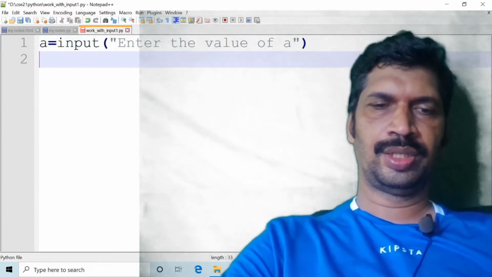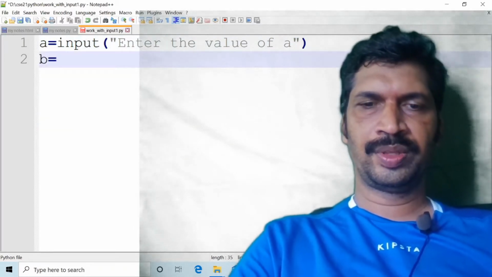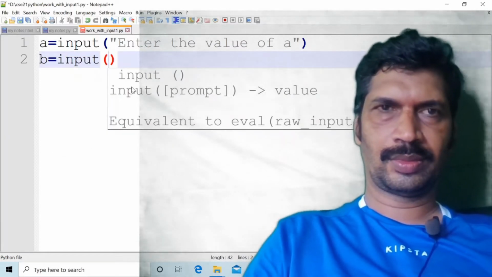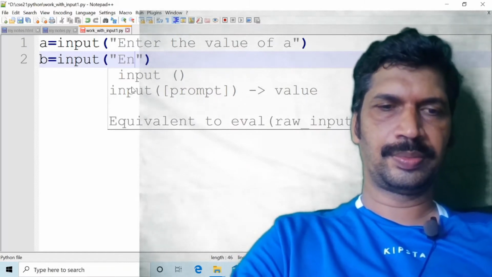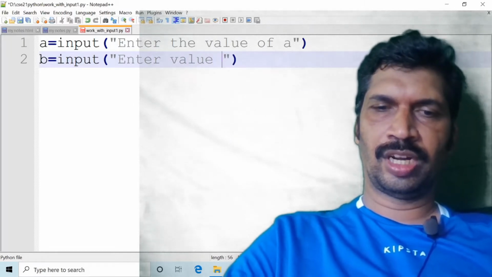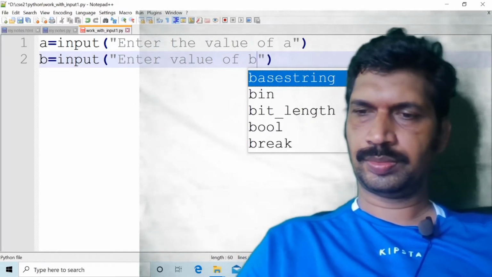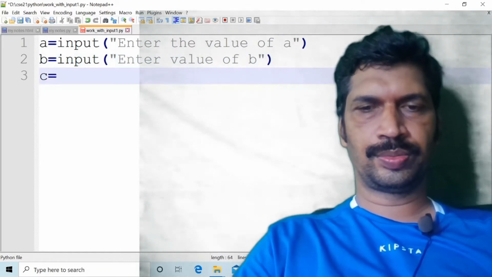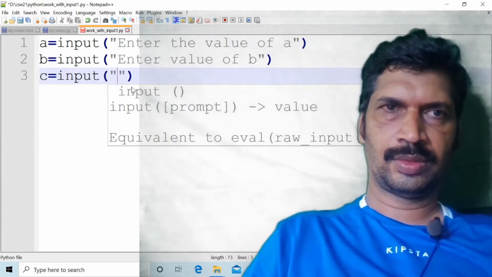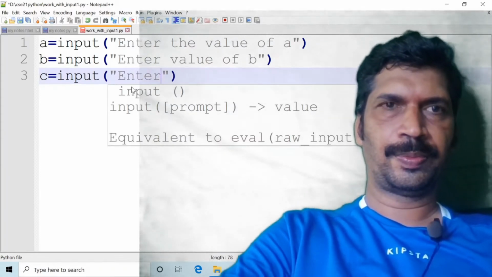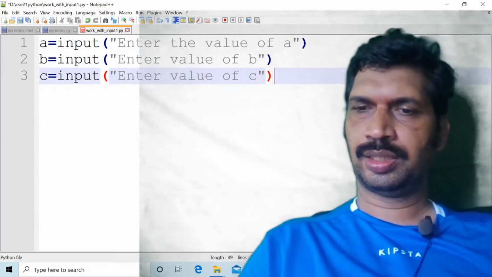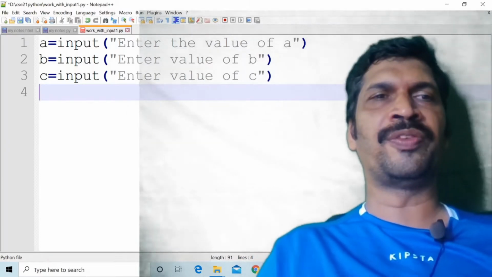And b = input, "Enter the value of b". c = input, "Enter the value of c". Next I have to print the type of all the variables.